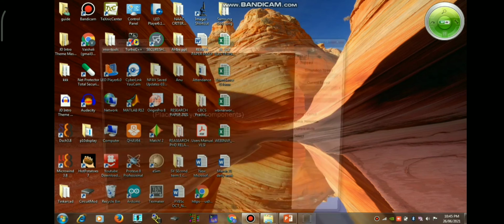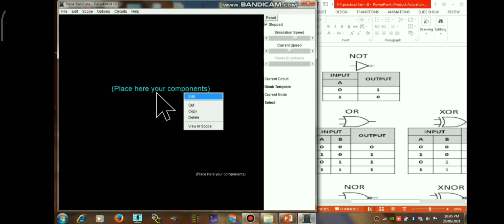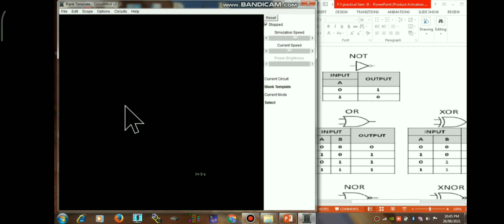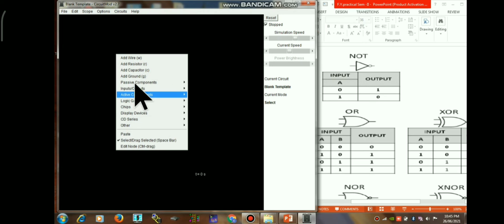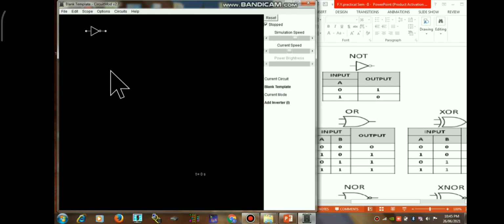Open CircuitMod. This is the workplace. Right click and cut it. Select the component by clicking on logic gate. Inverter means the NOT gate.